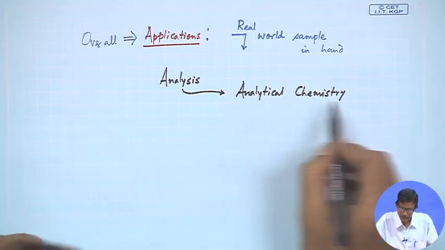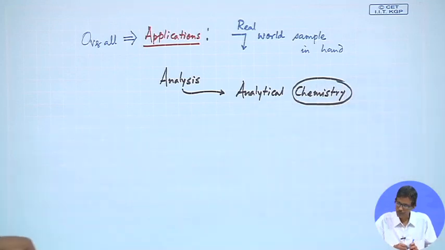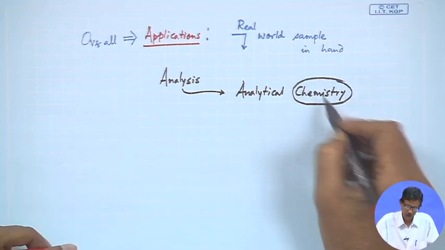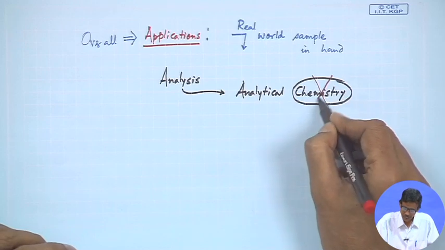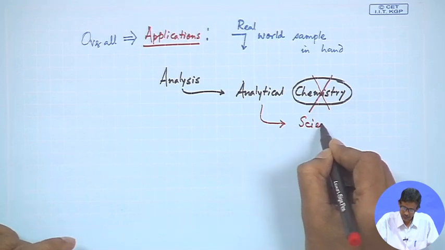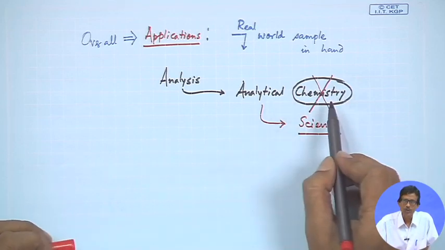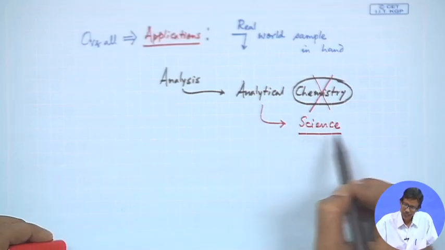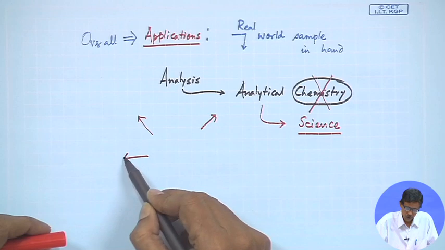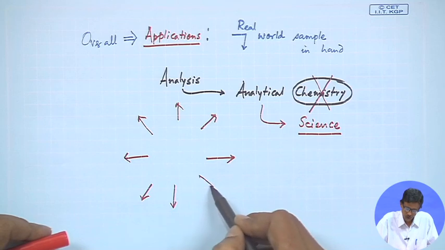So for this analysis and analytical chemistry, initially we will need a bit of chemical knowledge. But we can apply this to all other areas, so basically it can be considered a science. It should not be restricted within chemistry, because you start with chemistry, but when you end up with something, it is covering all the different areas. Any analytical chemistry book you open, you will find a large number of areas which it can cover and where it can be applied.